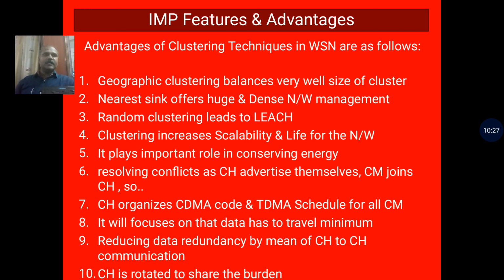In this case, in a wireless sensor network the cluster head is also called the secondary node, whereas the cluster member is called the primary node. The cluster member, this primary node, will aggregate the data, process the data and transfer it to the cluster head in the cluster. And the cluster head further communicates with the sink, with upstreaming and downstreaming of the data packets through the network up to the application. These are all the important features and advantages of clustering techniques in wireless sensor network.